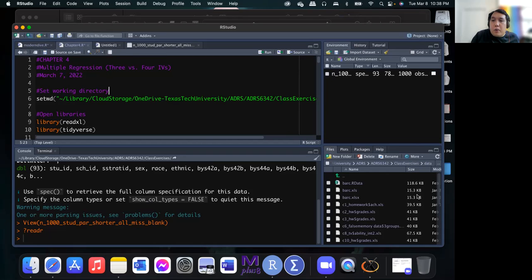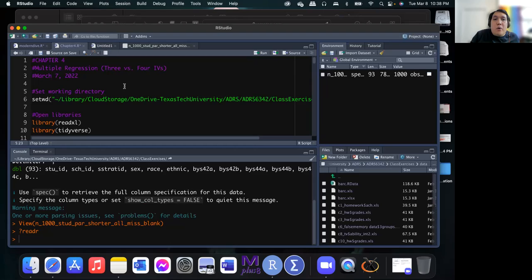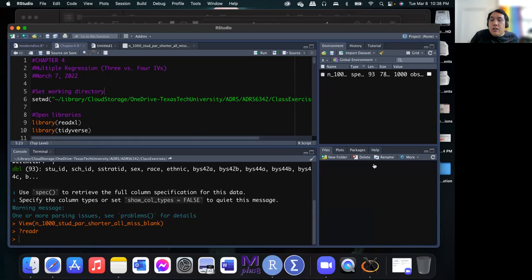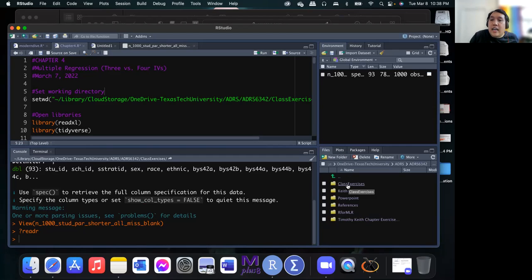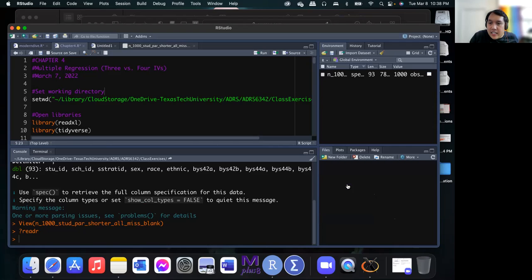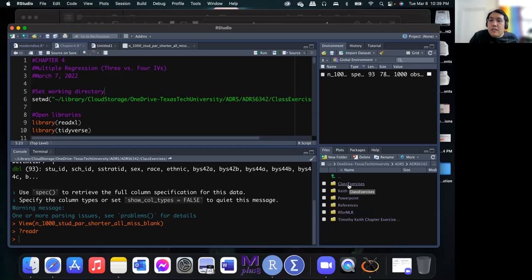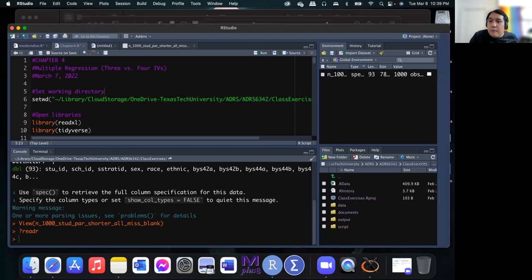a point and click approach. So if I am going to set my working directory using the point and click approach, I just need to go to the files button here, proceed to the folder that I want to indicate as my working directory, which in my case is class exercises. So I will go to the folder that I want, which is class exercises. Then here,